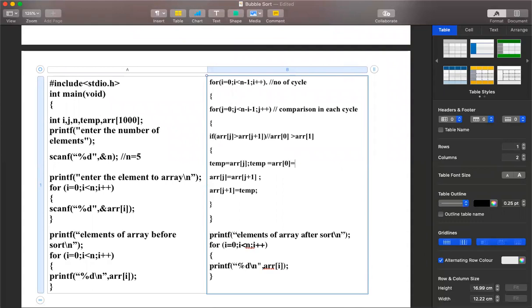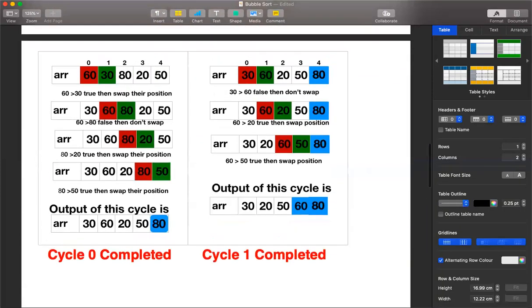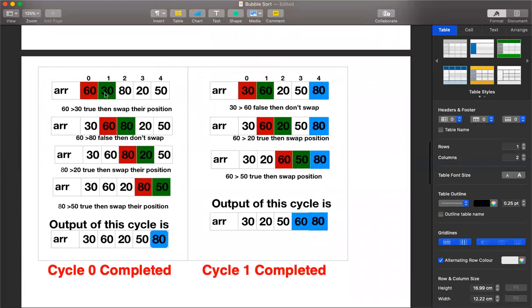And array of 0 is equal to array of 0 plus 1. This is how you do swapping. That means the array with index 0 should get the value which is there in array of 0 plus 1, which is array of 1. What is array of 1? Array of 1 is 30. That should be saved to array of 0. That is how you swap.